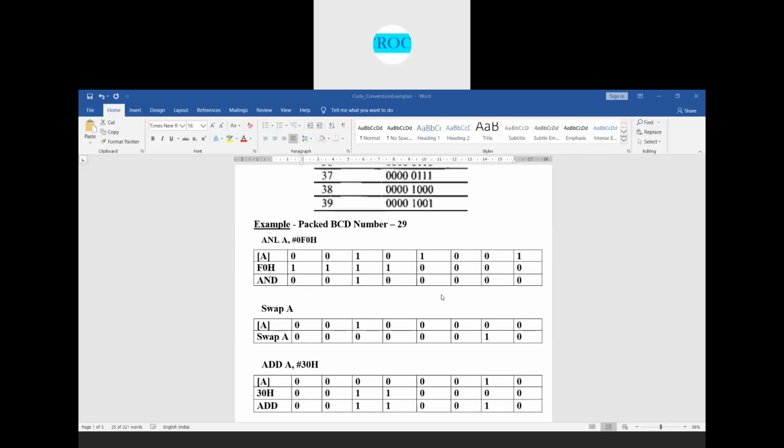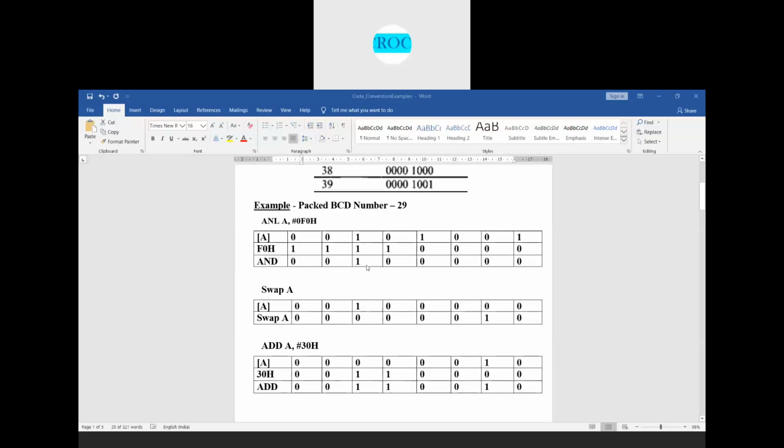The accumulator is having the value 20. Next I perform SWAP A. When I do SWAP A, the lower nibble is exchanged with the higher nibble.